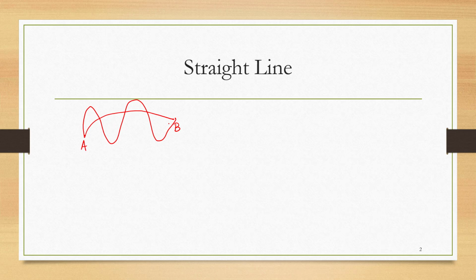But the importance, or the beauty, of a straight line is that a straight line gives you the shortest possible path from a point A to a point B. So let's consider this is your x-axis and this is the y-axis. A straight line corresponds to a linear equation. Let's say this is a straight line. The point where x and y intersect is called O, the origin, with the coordinates 0, 0. On the x-axis it is 0 and on the y-axis it is also 0.